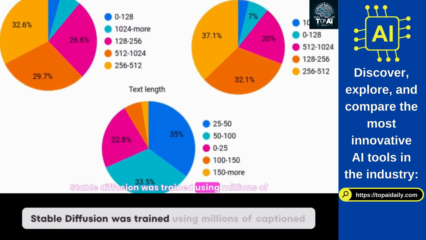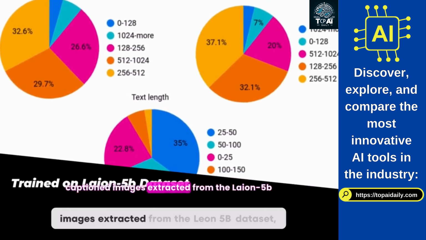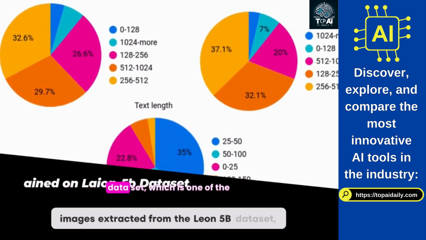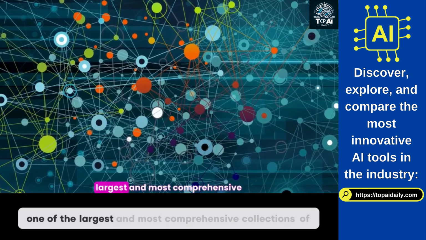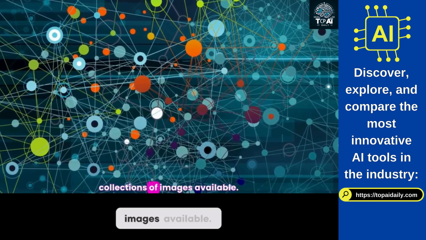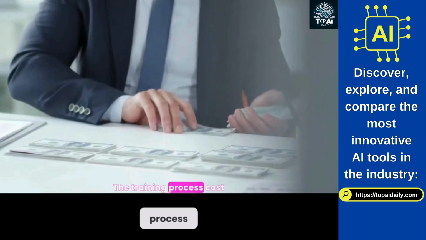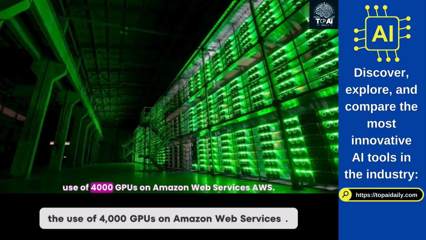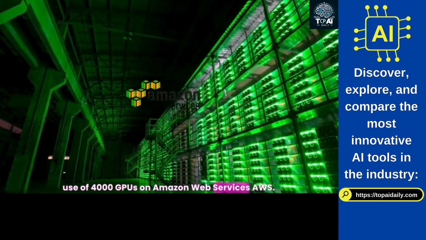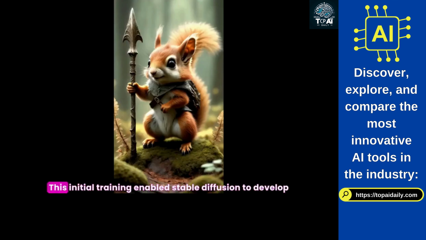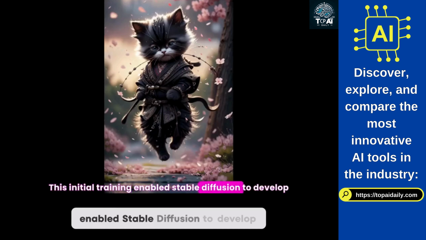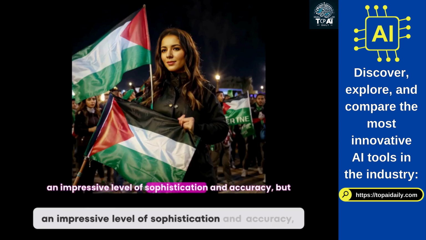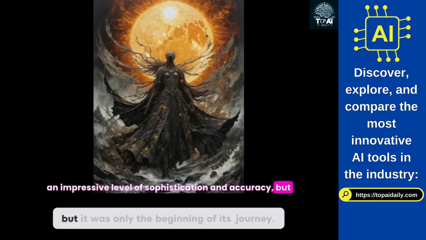Stable Diffusion was trained using millions of captioned images extracted from the LAION-5B dataset, which is one of the largest and most comprehensive collections of images available. The training process cost approximately $600,000 and required the use of 4,000 GPUs on Amazon Web Services, AWS. This initial training enabled Stable Diffusion to develop an impressive level of sophistication and accuracy, but it was only the